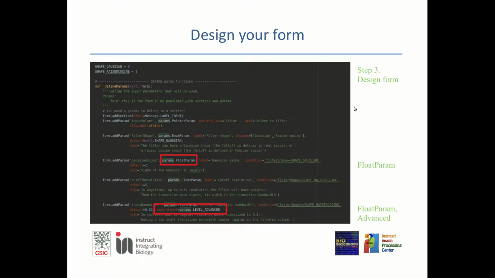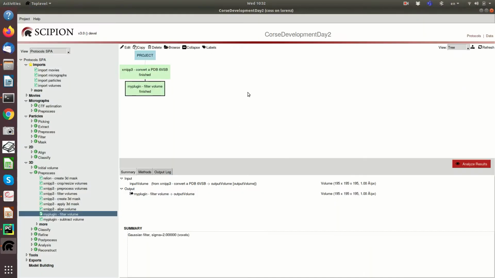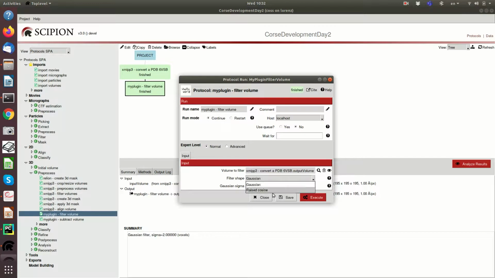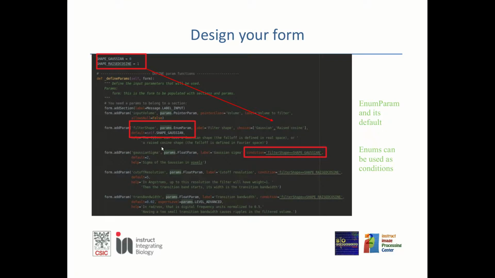Okay, so let's continue. Presentation. Then next thing is that you can also define a list. So we have here this example of choosing a Gaussian or raised cosine. You already saw it here. So when you open, you can choose from a list Gaussian or raised cosine, and the way to do that is you define one of the parameters as an enumeration param, and this enumeration param has a number of choices, Gaussian or raised cosine, and